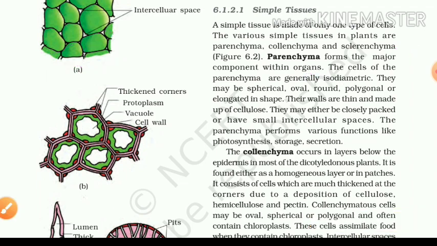So guys, the major functions are very important. The functions of parenchyma cells are photosynthesis, storage as well as secretion. This is important to note, because questions mostly arise based on functions, like comparative questions. Generally a thin cell wall is present, so you have to remember. Generally parenchyma is made up of cellulose, remember that point also.